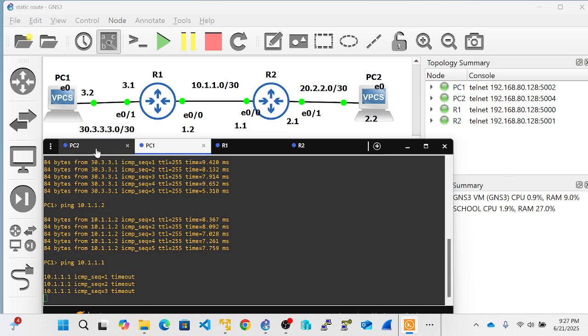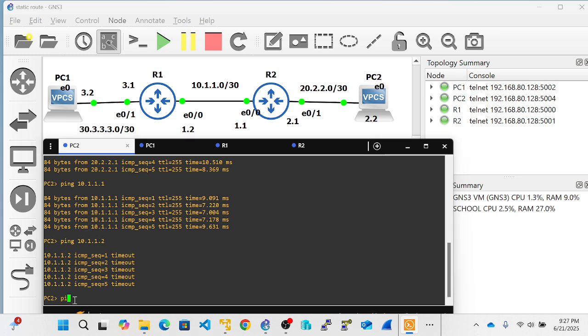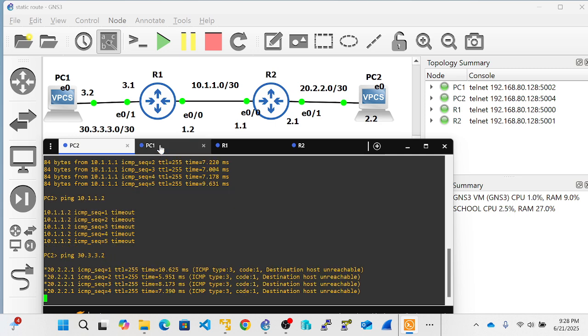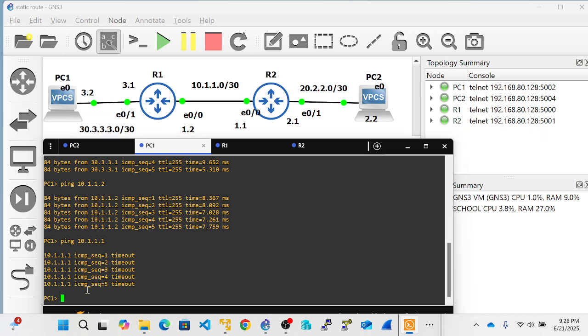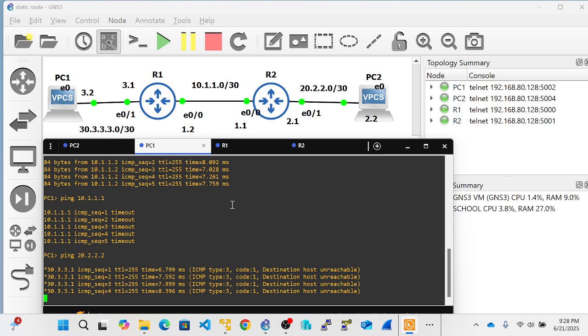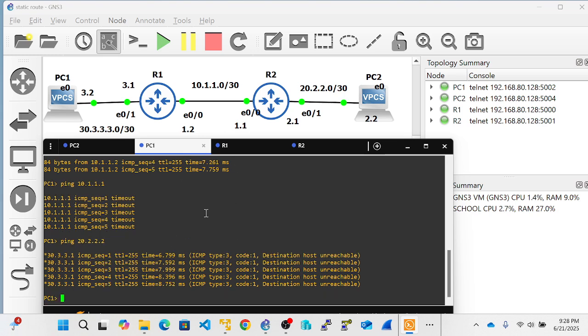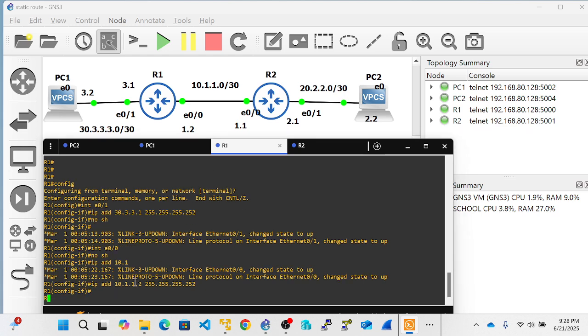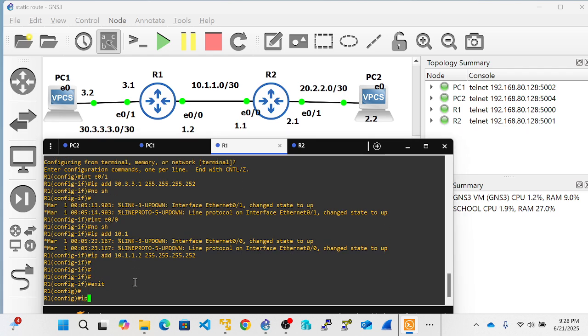Timeout. So even if you come here and then you ping from PC2 to PC1, like you ping 30.3.3.2, the ping will not go through. If you also come here on PC1 and then you ping 20.2.2.2, the ping will also not go through. So the aim of this lab is to make sure we configure a static route and this computer can communicate to this one. So let's come to router 1 and then we say exit and we issue the command